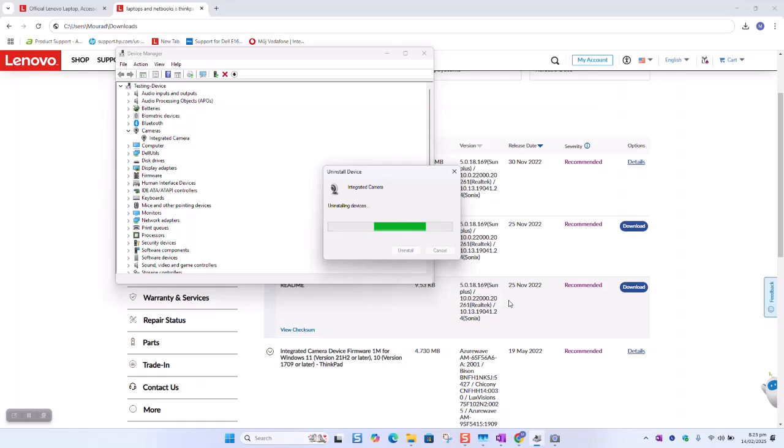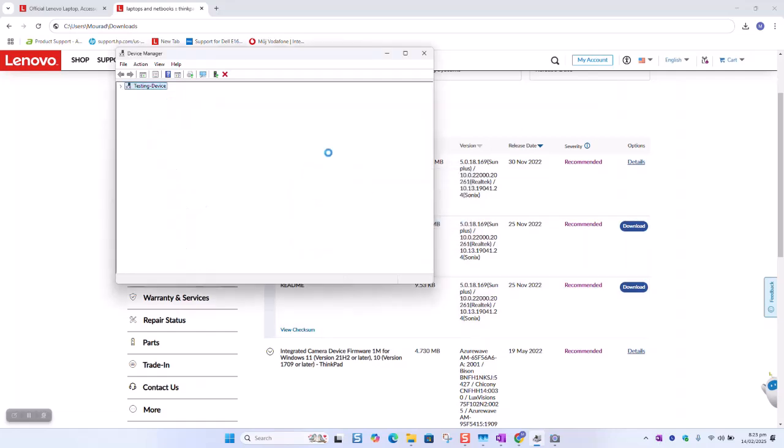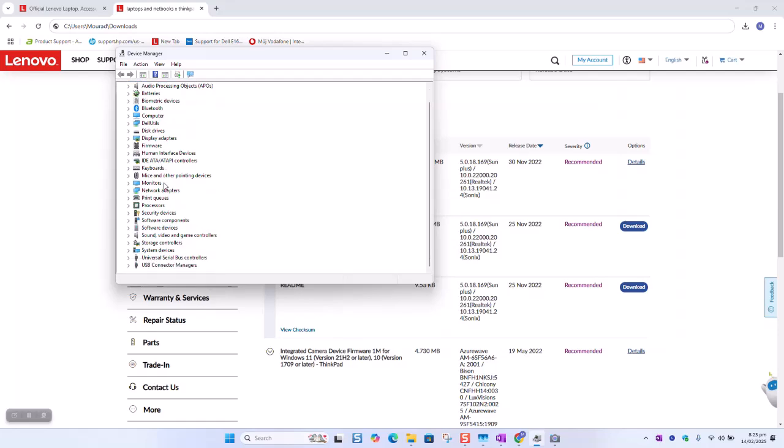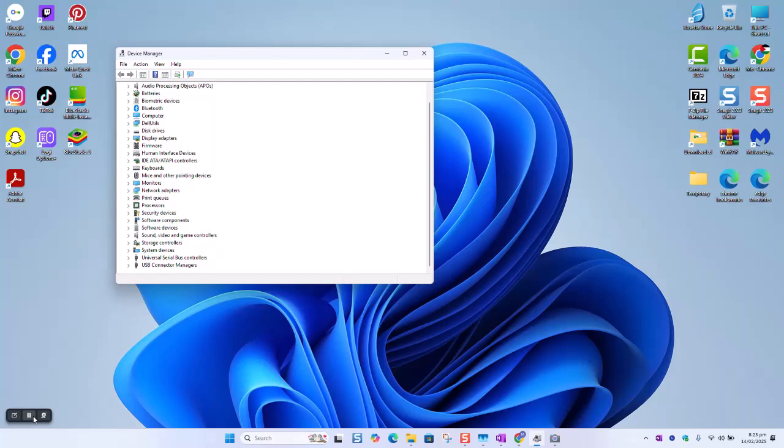This should uninstall the driver of the camera. It will ask if you want to restart your computer. You can go ahead and restart your computer. For this stage, I will just say no for now. The camera has disappeared. So as a next step, I will go to the folder downloaded, and here we're going